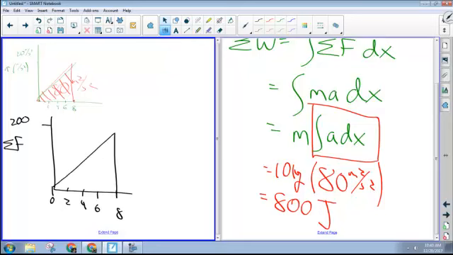And then find the area under that. And it gives you 800, right? Because half of base times height. And that's a little bit less calculus-y, right? So